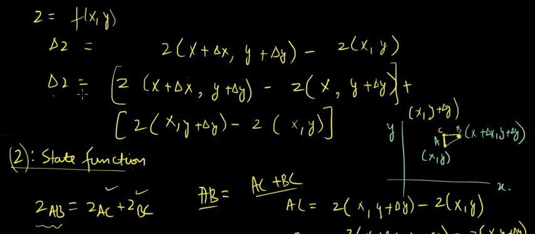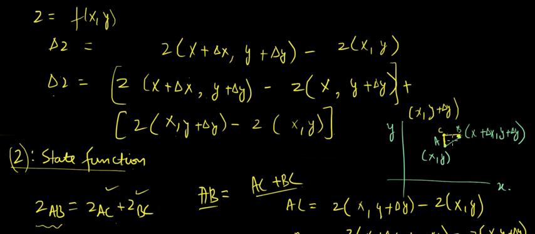In other words, I can also write that delta z would be equal to z of x plus delta x, comma y plus delta y, minus z of x comma y plus delta y, plus z of x comma y plus delta y minus z of x comma y. How are we arriving at this conclusion? Okay, so for the same I can write that